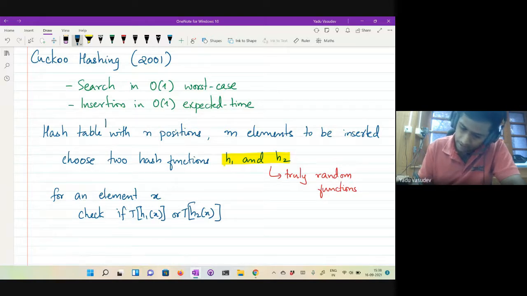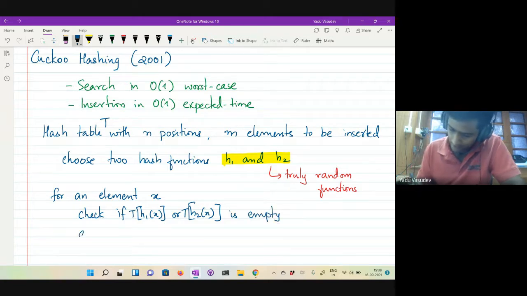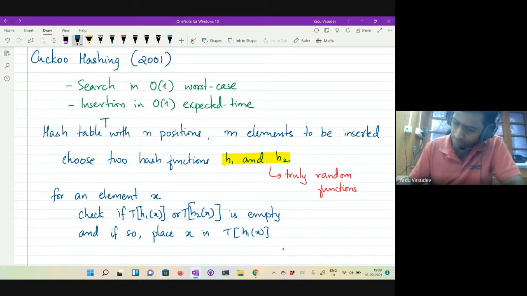This is the hash table T. You check if one of these is empty, and if so, place x in T of h1 of x or T of h2 of x, whichever is empty. Doesn't matter.